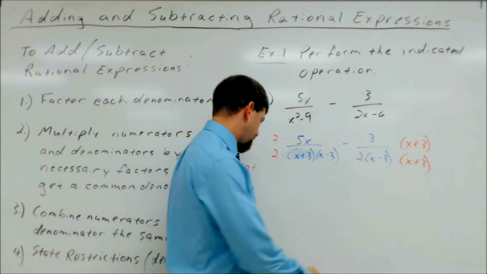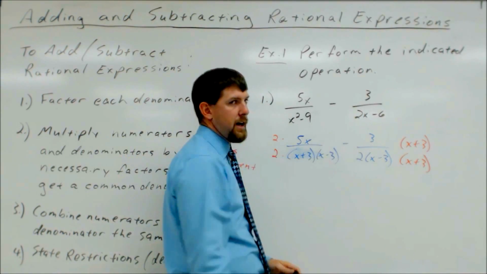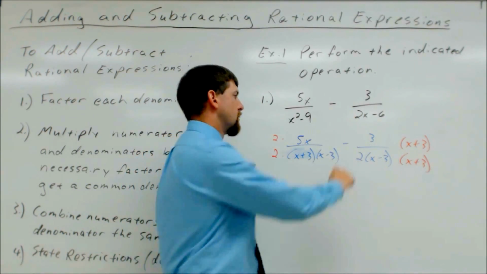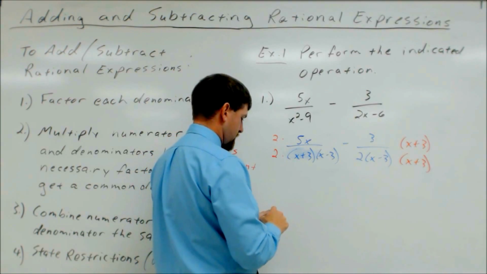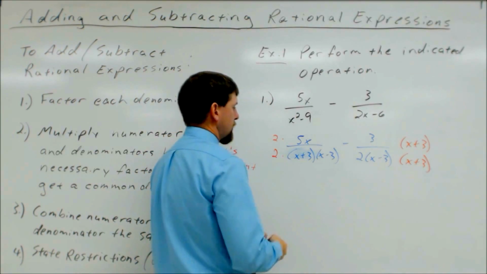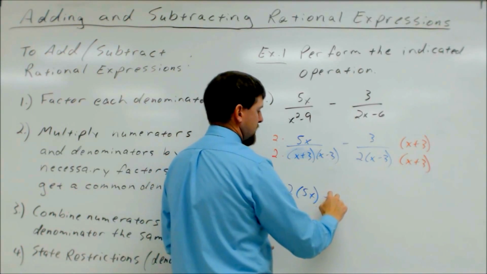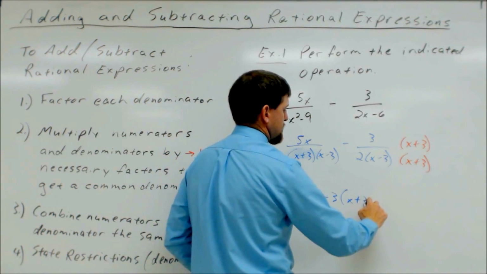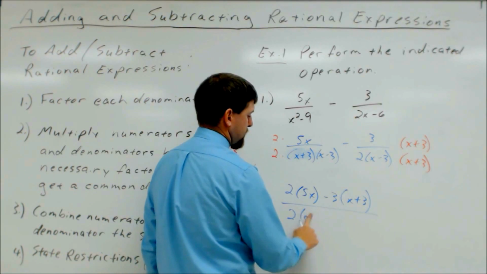I like to leave it. I don't want to distribute those out yet, because a lot of people will lose this minus sign when they start distributing before they combine. So I'll combine my numerators together first. I'll do 2 times 5x minus 3 times x plus 3, all over my common denominator, 2 times x plus 3